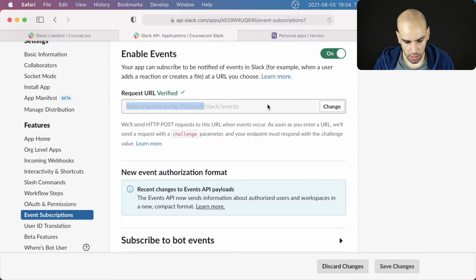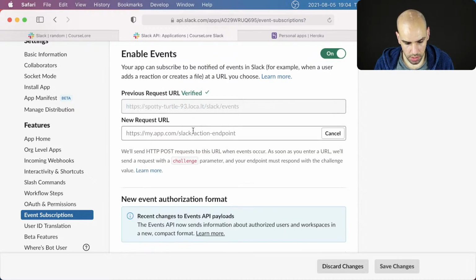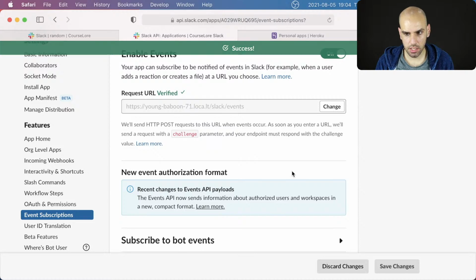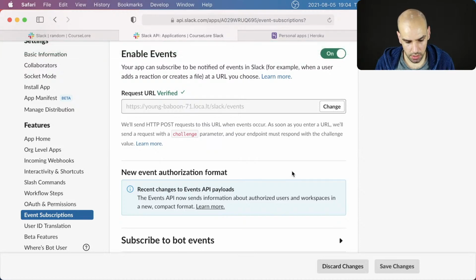Yeah, whatever. If I want to change this, all right, save changes.